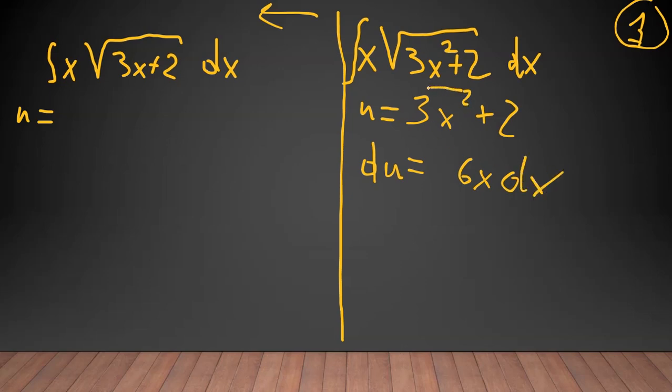So say we move the 2 before the number. So we have 2 times 3 is 6. And we make 2 minus 1, which becomes x to the power of 1. It's going to be the number it is, so it's going to be just x. X to the power of 1 will be x. So it will be 6x. So you have du equals 6x dx. Then dx equals